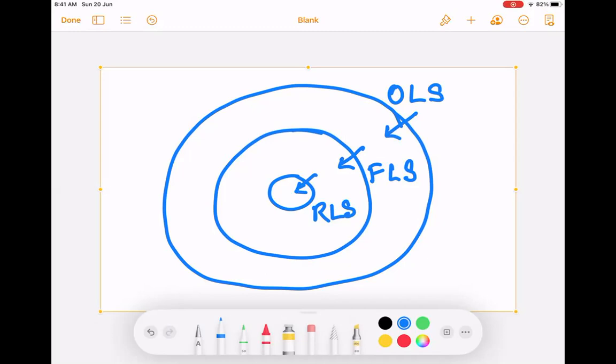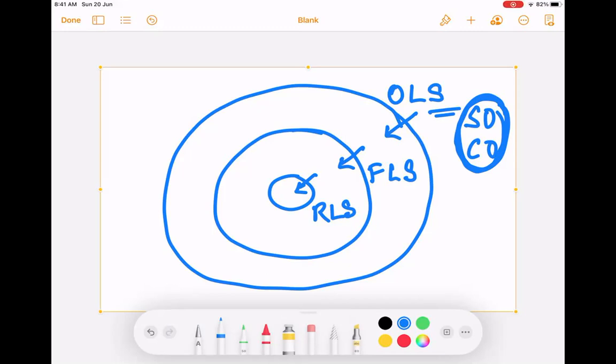Let's see that. So object level security means you have standard objects in Salesforce and custom objects in Salesforce. That means the tables, right? Whether you can see that table itself or not, that is object level security. Whether you can edit data inside that table or not, right? That is called object level security. So table level access, what kind of different operation can I do on a table?